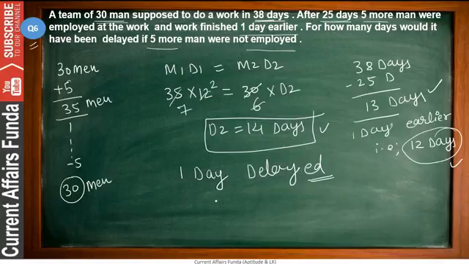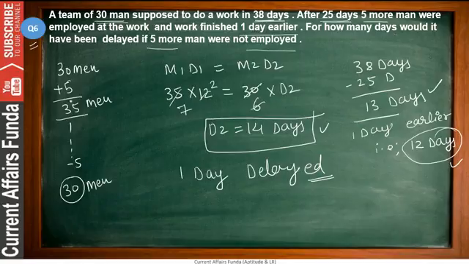Okay, देखिए, तो ये कहता है कि 30 आदमी अगर किसी काम को 38 दिन में करते हैं तो 25 दिन के बाद 5 आदमी और हमने अगर एम्प्लॉय कर लिए, उसमें और लगा लिए, तो काम एक दिन पहले फिनिश हो गया। जैसी बात है, अगर ज़्यादा लोग आ जाएंगे तो काम जल्दी फिनिश हो जाएगा। तो आपको ये बताना है कि अगर उन 5 आदमियों को ना लगाया जाए तो काम कितने दिन में ख़त्म होगा और वो लेट होगा या नहीं होगा, तो कितने दिन लेट हो जाएगा ये बताना है।